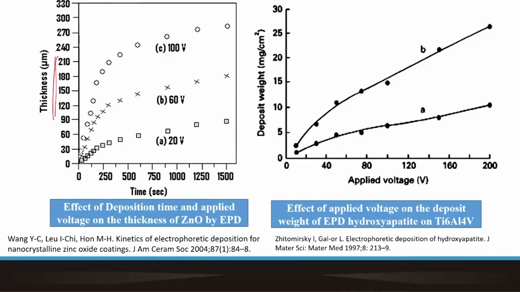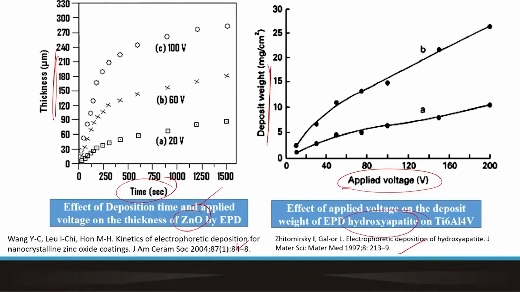So both the thickness of the deposit and the mass of the deposit are proportional to the time and also to the applied voltage. So with more time or more applied voltage, the thickness and the total deposit amount should both increase. And one can refer to these two particular published literature to get further details of this. And by the way, this is deposition of zinc oxide in this case,